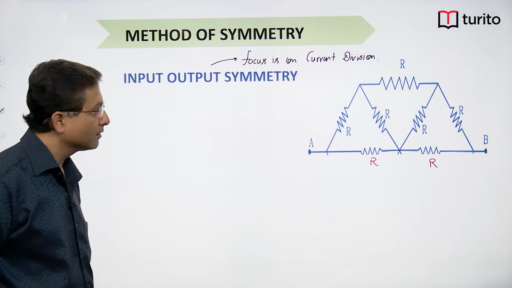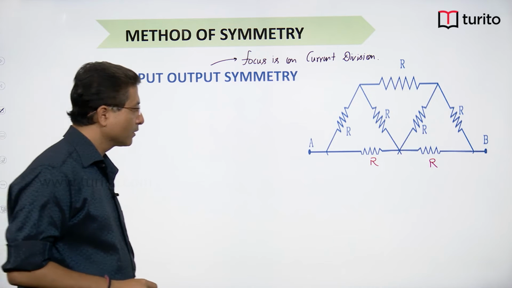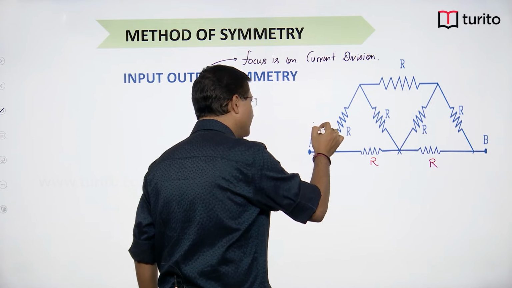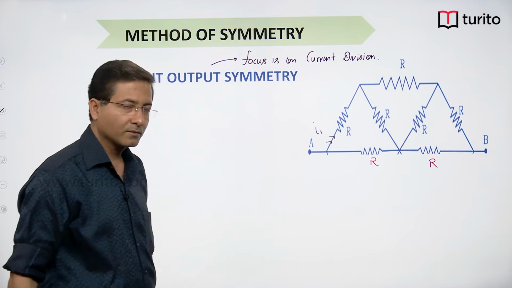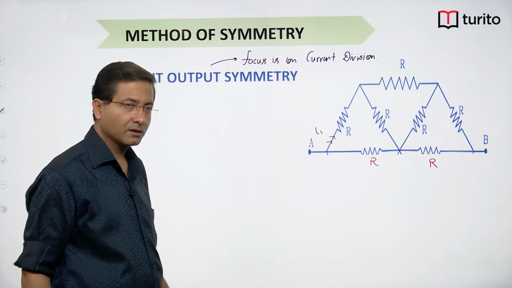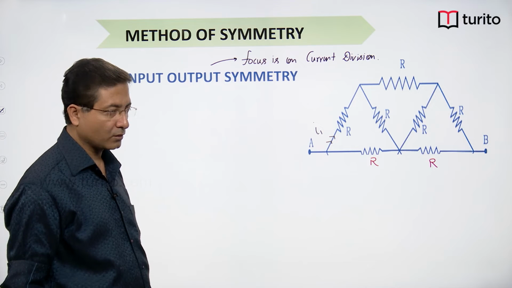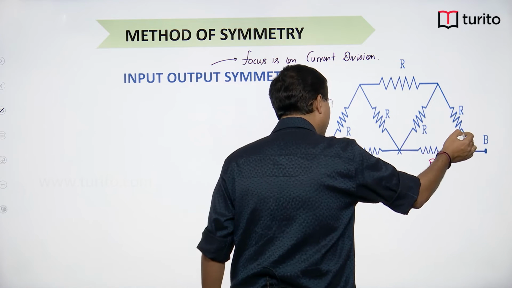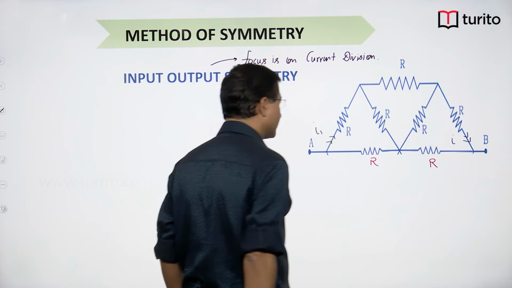So if I say some I1 current goes to this branch, as the circuit is having input output symmetry, this will deliver back I1 current,